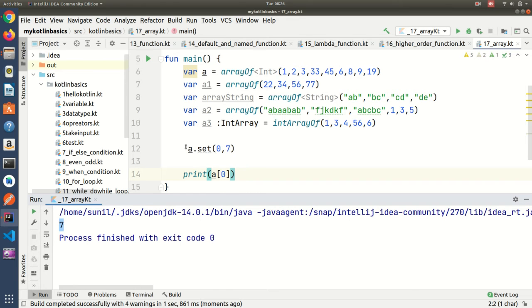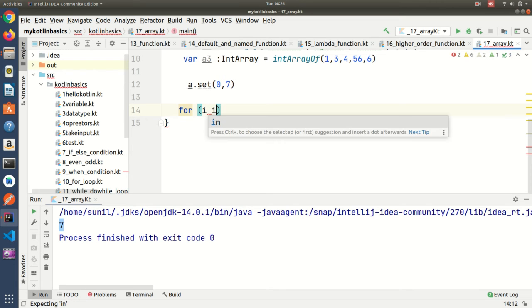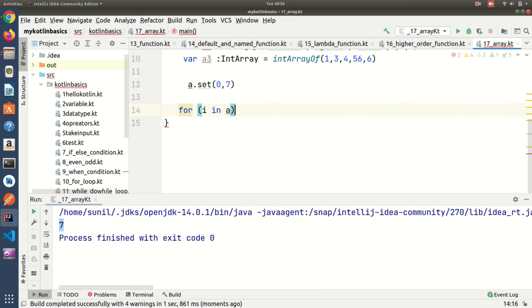And if you want to print the whole value, then how can you print? You can use a for loop: for i in a, print ln my list is i.